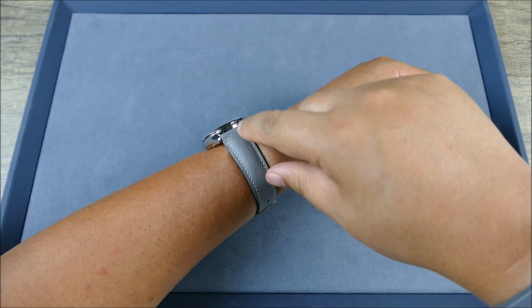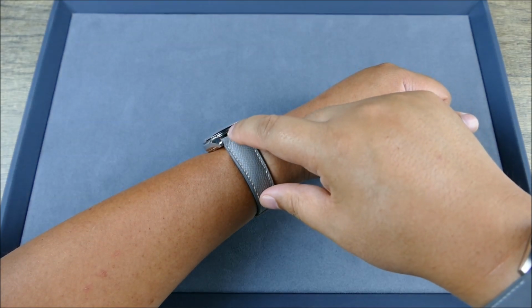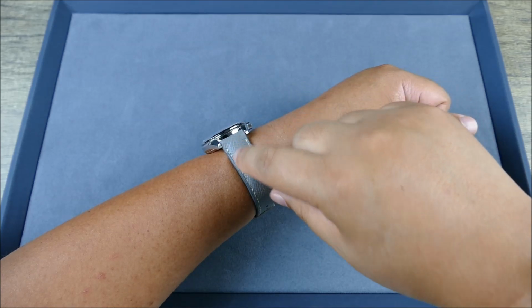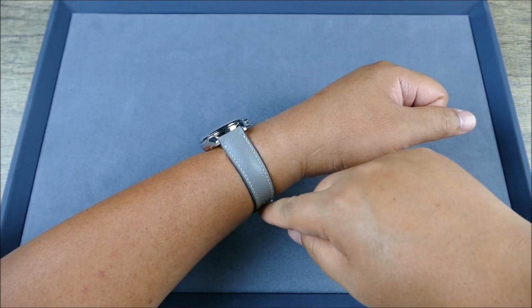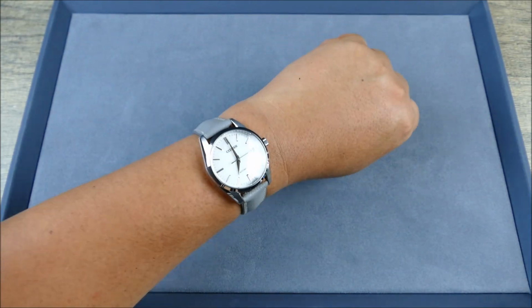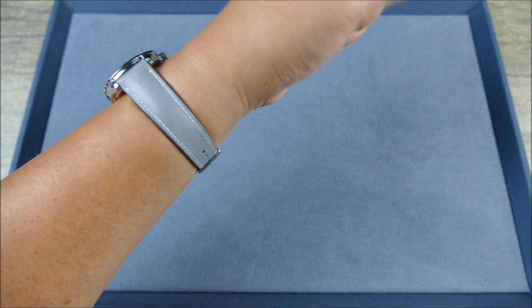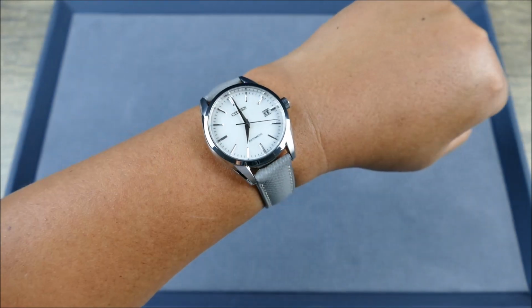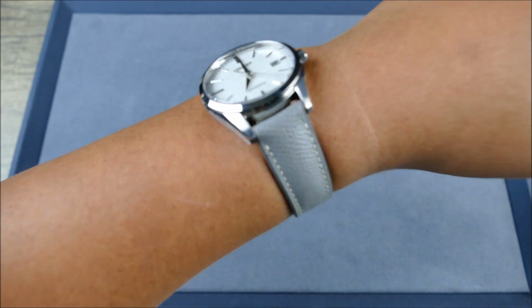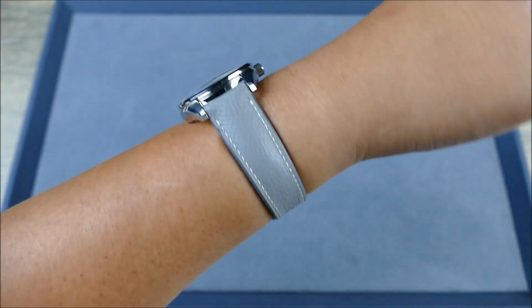And the nice thing is when you do have that padding, it does add a little bit of rigidity, so it keeps the watch centered on your wrist where you need it, and then where it thins out on that taper down, it just makes it even more comfortable. So really beautiful, and I dig it. I think it just kind of flows. It almost looks like it could have been an option from the factory,